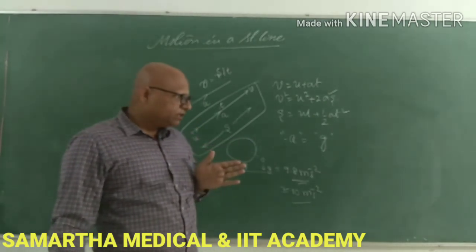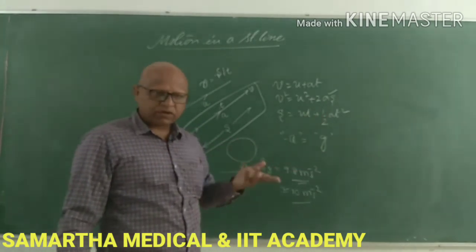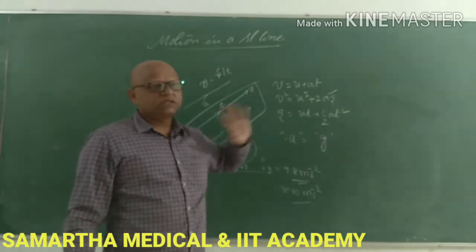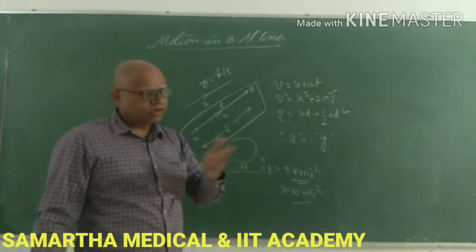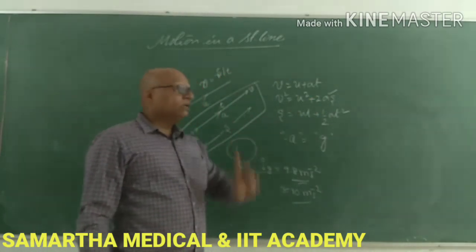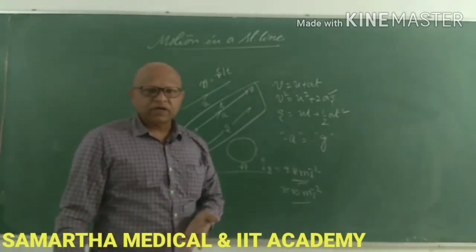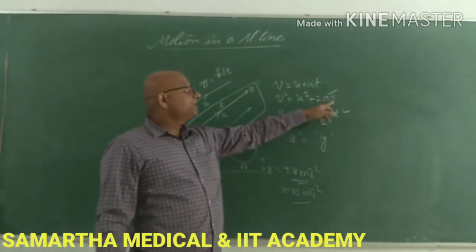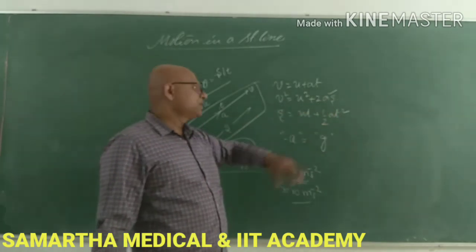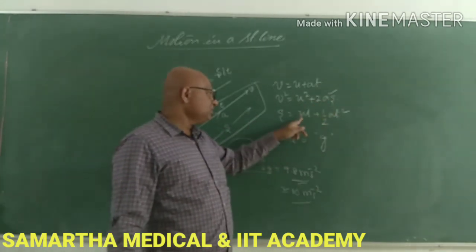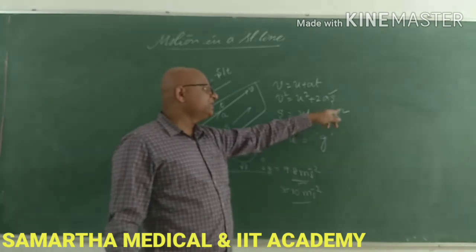The displacement in the horizontal direction is represented by s or x or d, whatever it is. But vertical displacement is generally referred to as height. That's why we write h in the place of s: 2gh, ut plus half gt squared for the